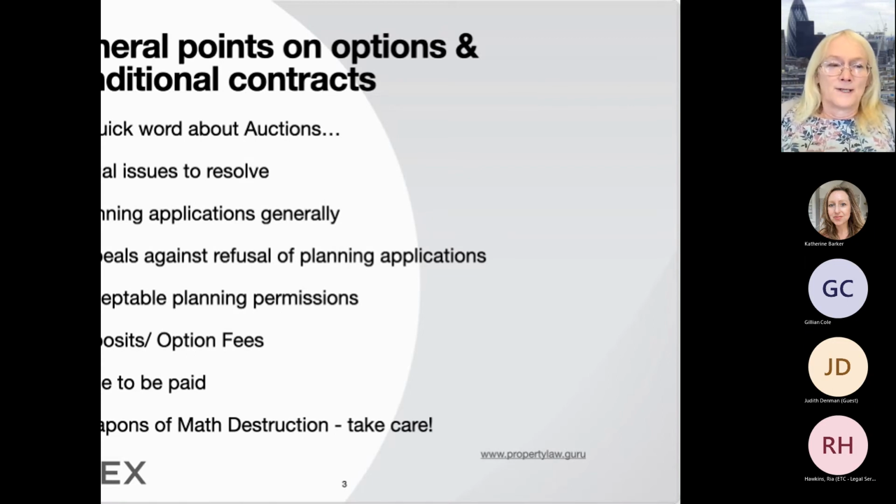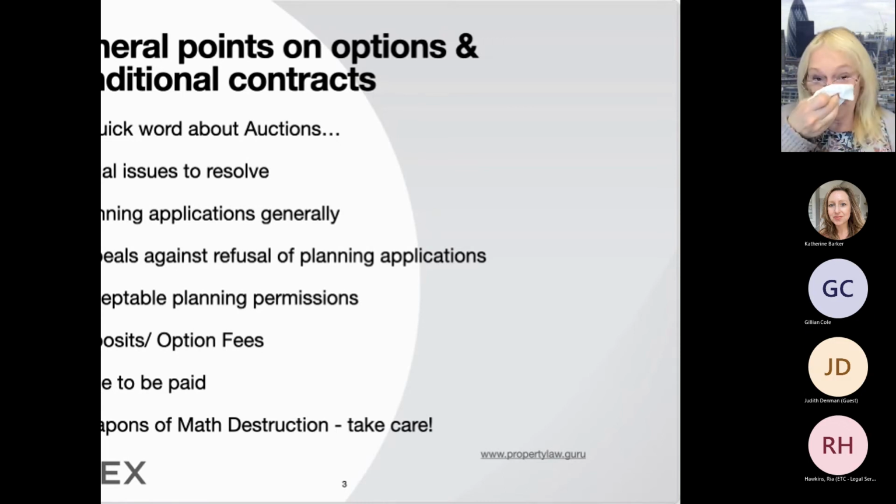So where are we going to get a compromise on that? Well, the usual compromise you get is that if the builder is going to accept an obligation in the conditional contract or option agreement to appeal against any refusal, that the builder will be entitled to resist or refuse any obligation to appeal if their planning barrister can show that there is less than a 50% chance of success. So if it's a dead duck, then they can walk away and say, no, you can do that in your own time, in your own money, seller. We're not going to do it.